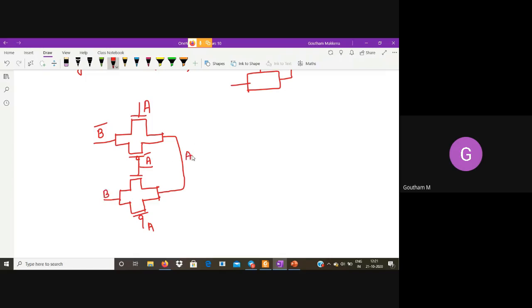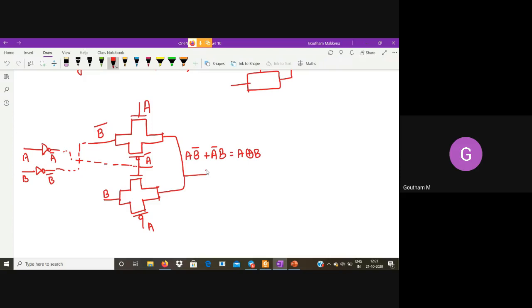Why? Because we want the final expression to be AB bar plus A bar B, isn't it? Of course, in order to generate A bar, we used an inverter. In order to generate B bar, we used another inverter. So this is B bar, this is A bar. So wherever you have A bar, that connection should be there, else it doesn't make sense. Okay? So do you agree that this is AB bar plus A bar B, that it is nothing but A XOR B?